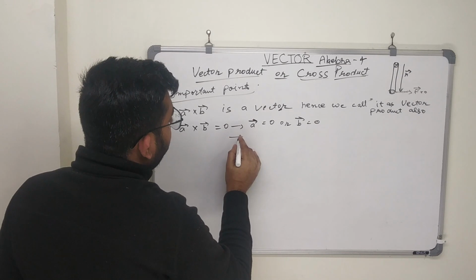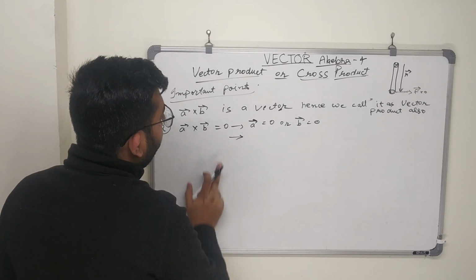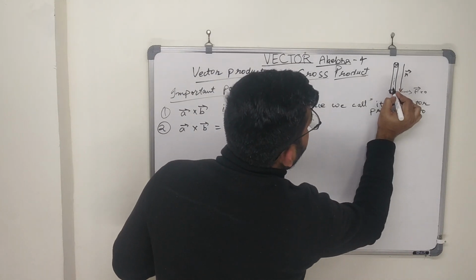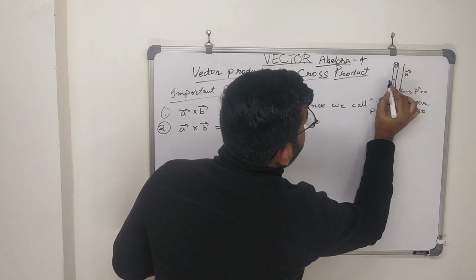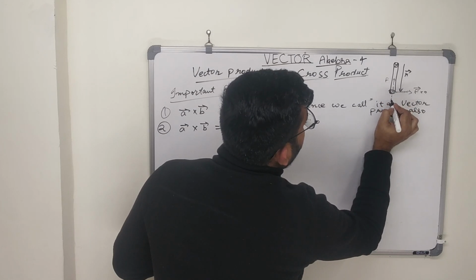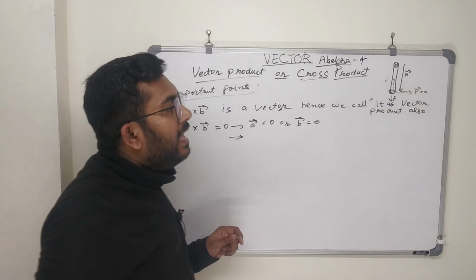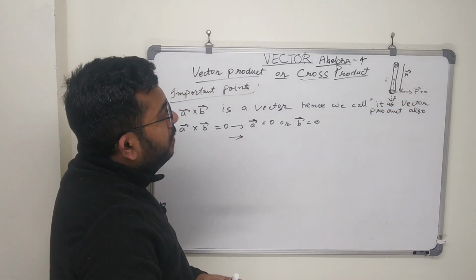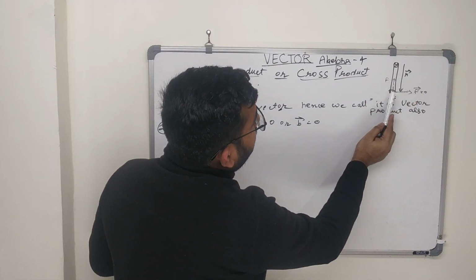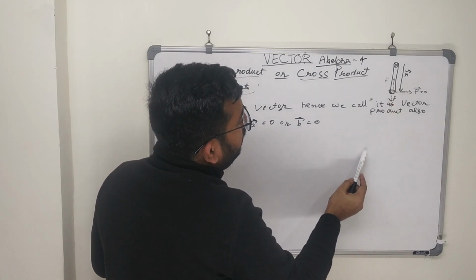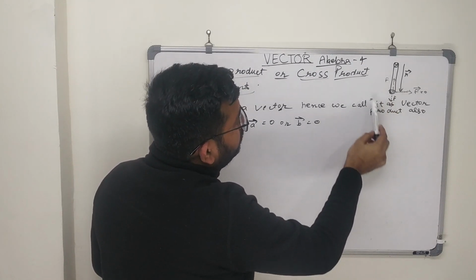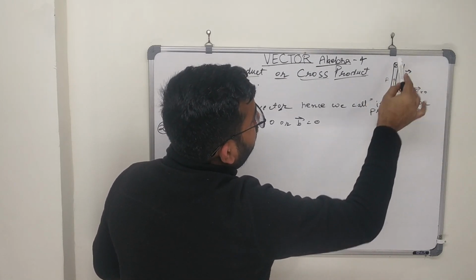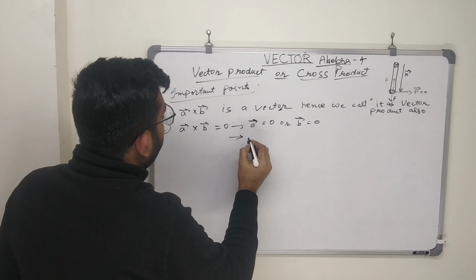There are some more cases when a vector cross b vector will be 0. That is, suppose that the direction of force is, in this case if force is upwards or force is downwards, so with the help of your common sense you can very clearly see that अगर फोर्स की डायरेक्शन ये होगी या फिर डाउनवर्ड्स होगी या अपवर्ड्स होगी, in that case there will be no torque to rotate this rod about this suspension point.